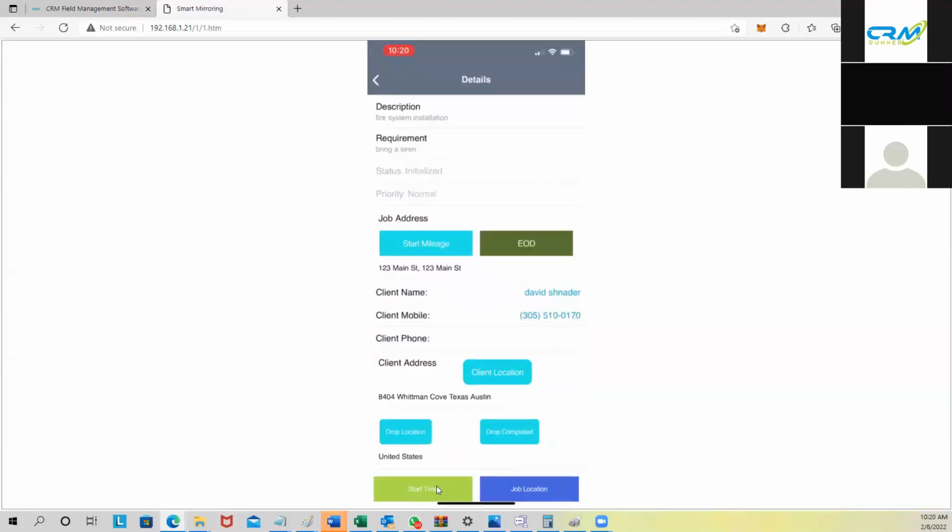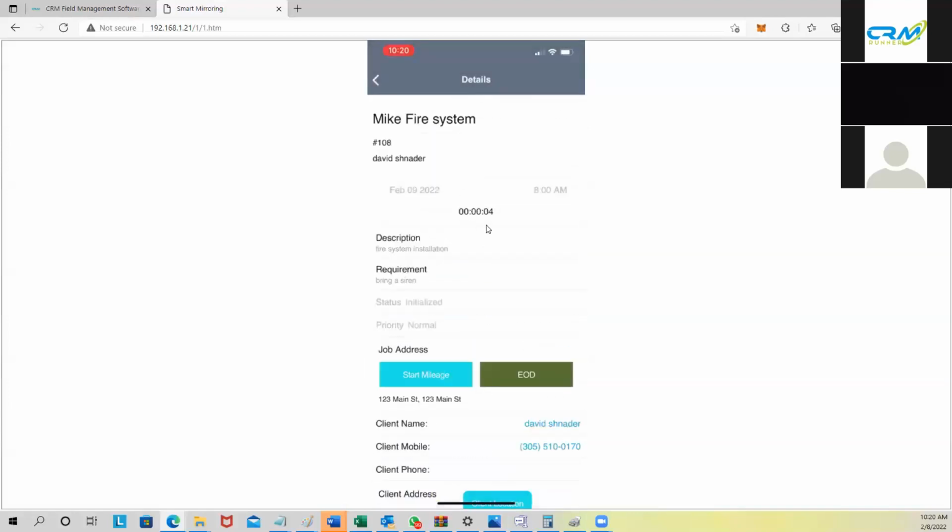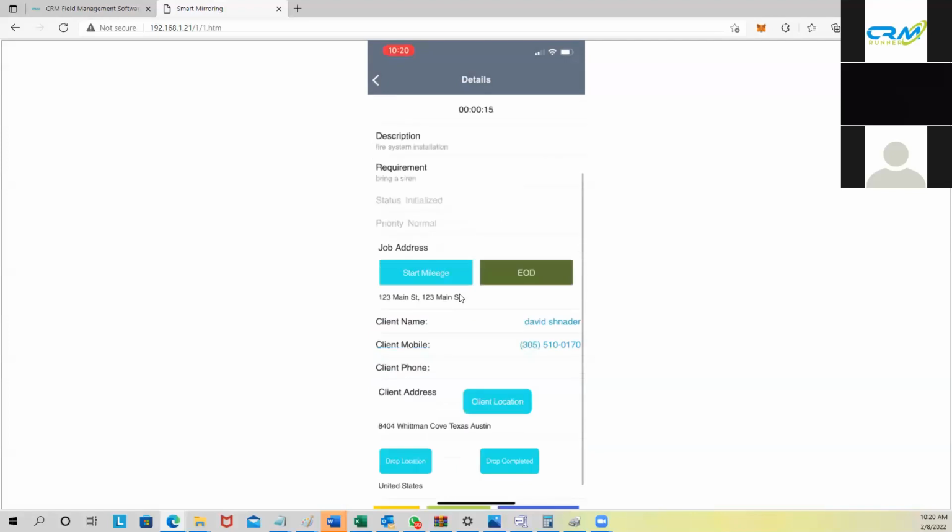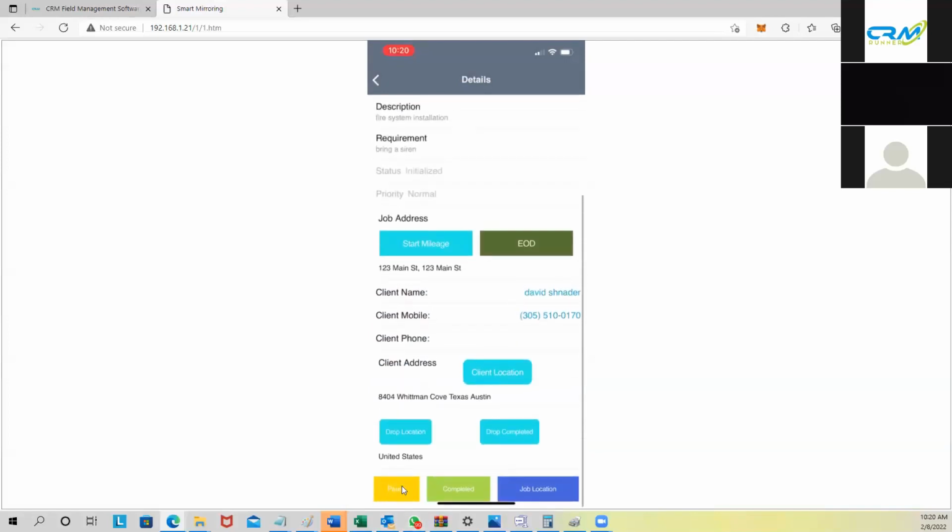Then basically when I start my job, I click start time. So time is starting. On the top here, you can see the seconds start ticking. I can leave the phone in my pocket, working all day long, doing whatever I need to help the client. When I finish my job, I can pause the job, meaning I need to come back a different day and for now I'm stopping, or I can complete the job. Okay, so if I click complete the job,